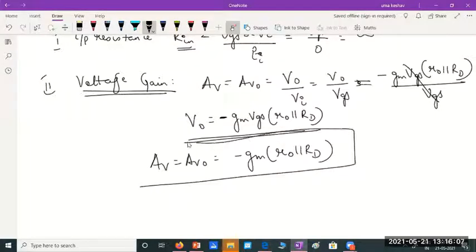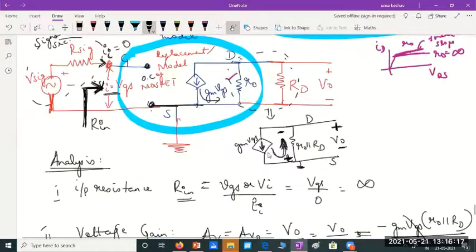Please understand this carefully. I told you this is a repetitive procedure which we'll do again and again. So to find the voltage gain, you always say the voltage gain is a ratio of output voltage to input voltage. Remember, I'm taking the input voltage at the base of the amplifier. I'm just considering this Vi or VGS. I haven't taken the overall voltage gain. If I consider overall voltage gain, then I should be considering the input voltage as Vsig. That we will do separately later.